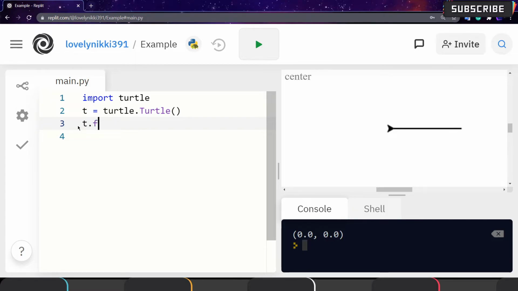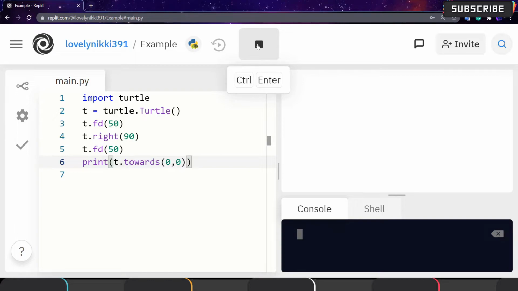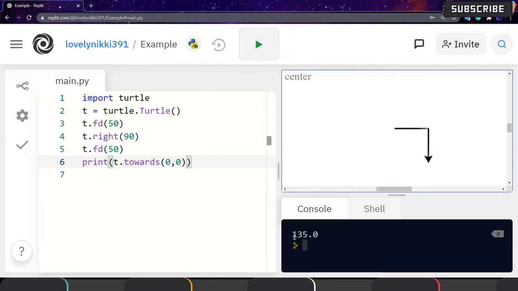Suppose I move the turtle forward 50, then turn right 90 degrees, then again move forward 50, and then I see the angle from the present position to the home, that is 0, 0. We need to use print here, because it prints only in the command line, I mean the console. So you can see 135.